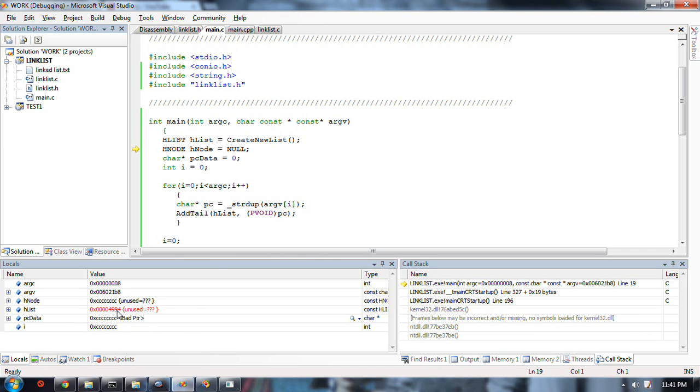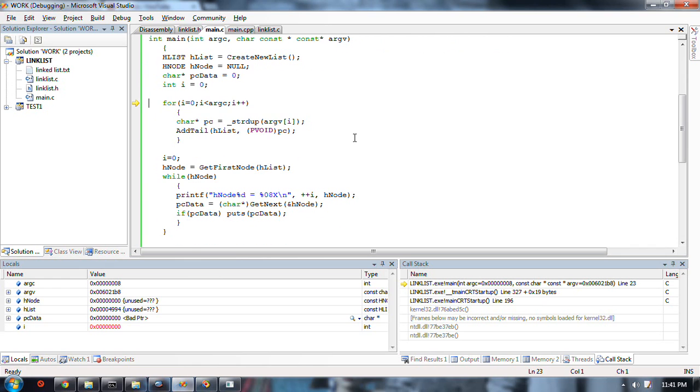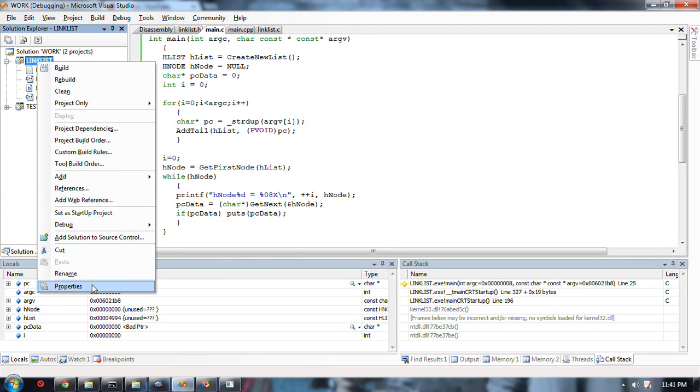So here is our H list. Okay, that's just a number. This number is definitely not a pointer value. It's too small, basically. It's just some sort of index internally maintained. Now this is C, so I have to declare everything up front. Now what I'm doing here is the program here